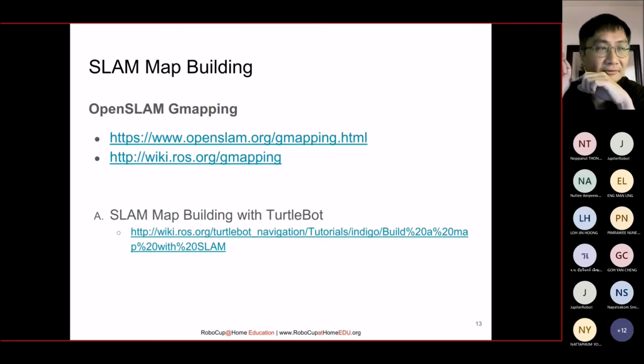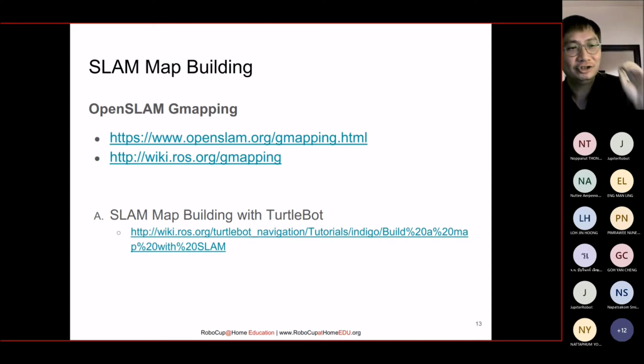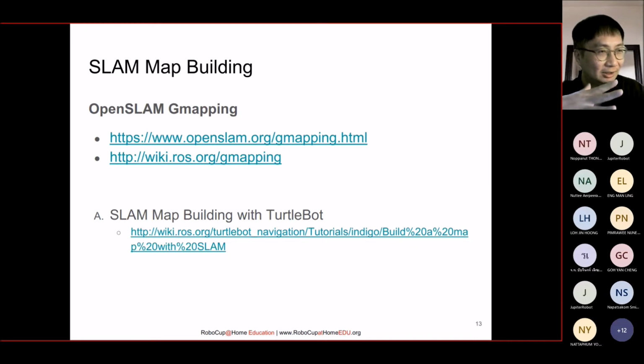But this one is good for indoor. If you build a robot for outdoor application, where you have a very big open space, for example if you want to scan a whole forest, Gmapping might not be that good. Gmapping is good for indoor with very tiny spaces, where you have a lot of objects and your sensor range is not very far. For example, within 10 meters you have a lot of obstacles, walls, doors and so on. So it's very ideal for indoor